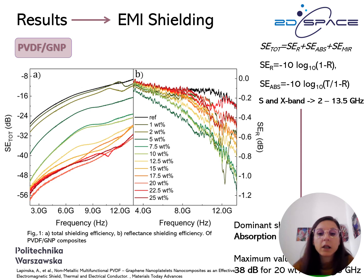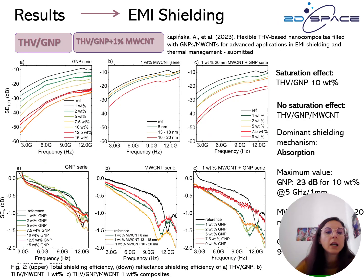Total incident radiation for 20% of graphene loading. And what is important, we observe here also the saturation effect. So if we add more graphene, then the shielding will simply decrease. In case of the flexible alternative of composites, we have not observed the saturation effect. The saturation effect was observed for the graphene series, but was not observed for the mixed series,